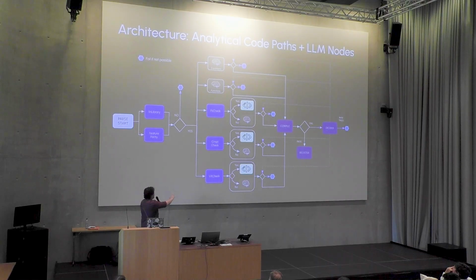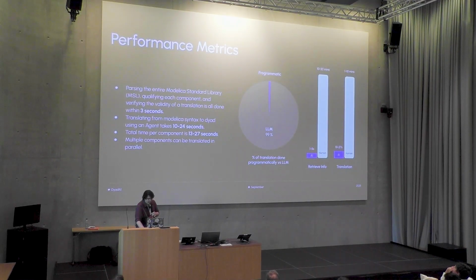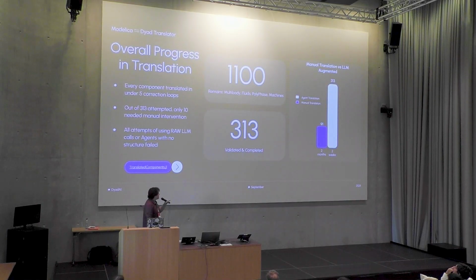And so that's a giant diagram to just say, don't just let ChatGPT do everything. You use a special agentic approach that actually has a parser from Modelica and everything built into it. And when we do this, what we're able to find is that we can translate through, in fact, the entire Modelica standard library in about 13 to 27 seconds per component. So I think it's like 1 to 10 minutes to be able to run through the whole library with this approach. And what we find is that in the runs, we actually got 313 of the components just correct, and